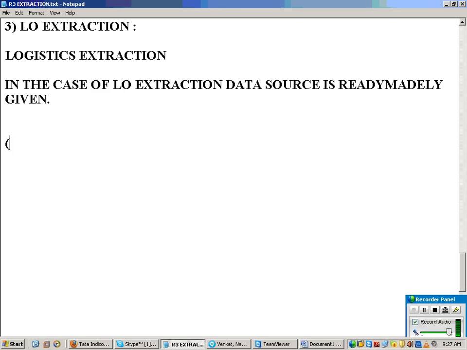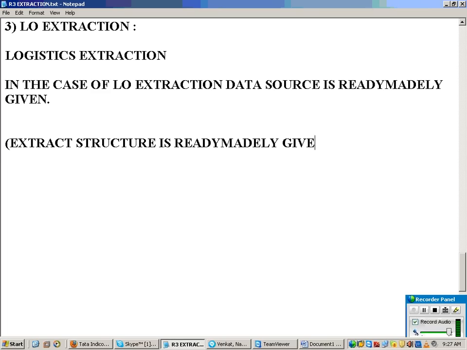Data source is a combination of three things. Out of this, which is readymade given there? The extract structure is. As I said, data source is a combination of three things: extract structure, transfer structure of your source system, transfer structure of your BI. The transfer structure of BI is found only once I replicate my extract. So when I say the data source is readymade, that's nothing but your extract structure.